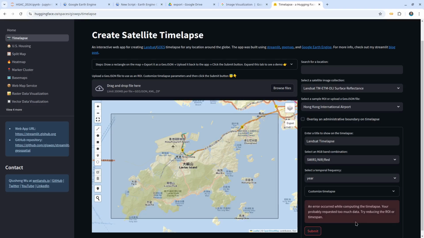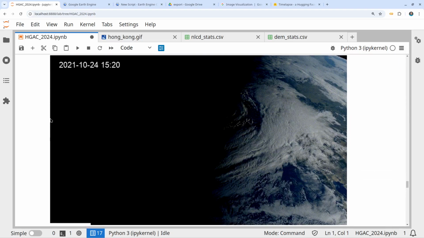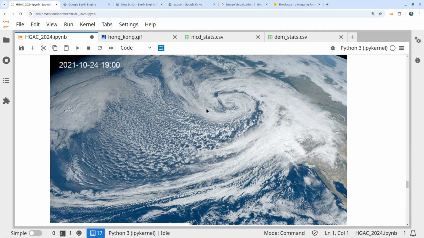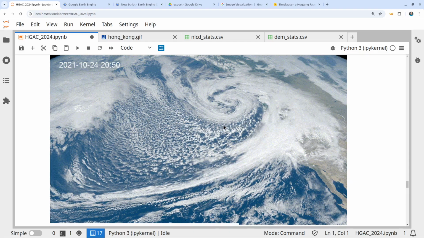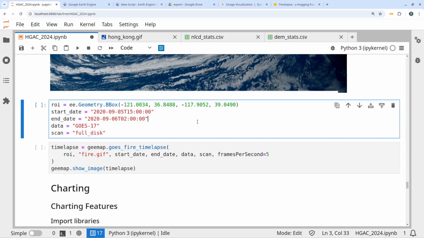And pretty much, oh, probably something is wrong. I need to fix it. But that's the idea. You can do it for volcanoes, hurricanes, or something like that, right? This is something you can do easily by getting data from Google Earth Engine. And the last example is